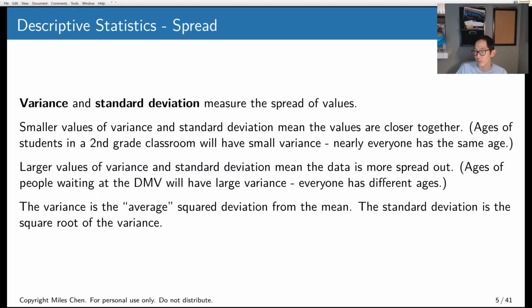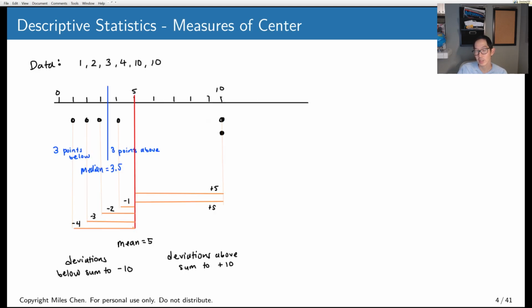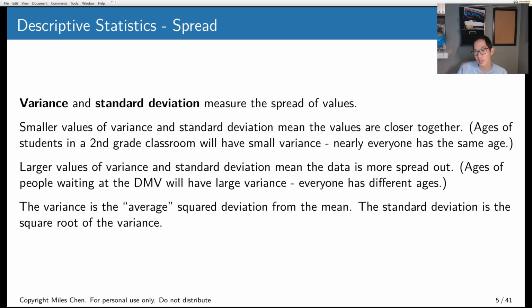So if you take all of the deviations from the mean, you square them, and then you take the average, that's going to be your variance. When you're taking the variance of a sample, you apply Bessel's correction and you divide by n-1, but that's beyond the scope of the course. That's